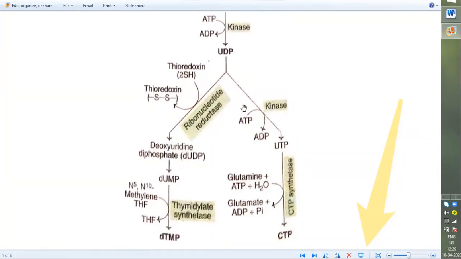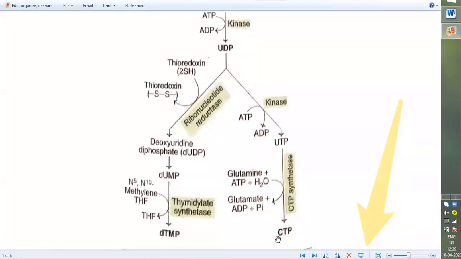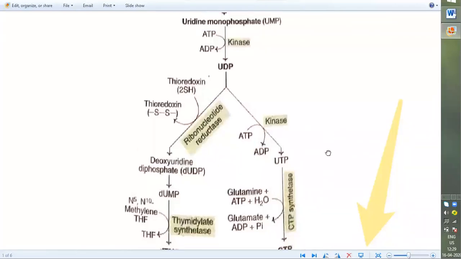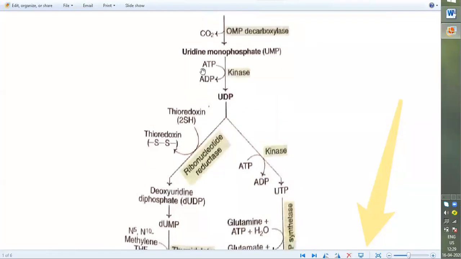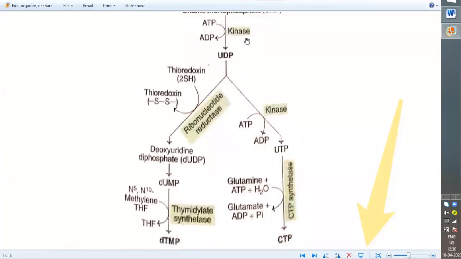And here this UDP, uridine diphosphate, is also useful for the formation of CTP. CTP means cytosine triphosphate. Before forming CTP, we have to form UTP, uridine triphosphate. Initially UMP is converting into UDP with the involvement of ATP, and here also ATP is involved, so ATP is converting into ADP and giving one phosphate. That phosphate is added to UDP, which already has two phosphates, so now it is converting into UTP. These two reactions proceed under kinase enzymes, because ATPs are involved here.